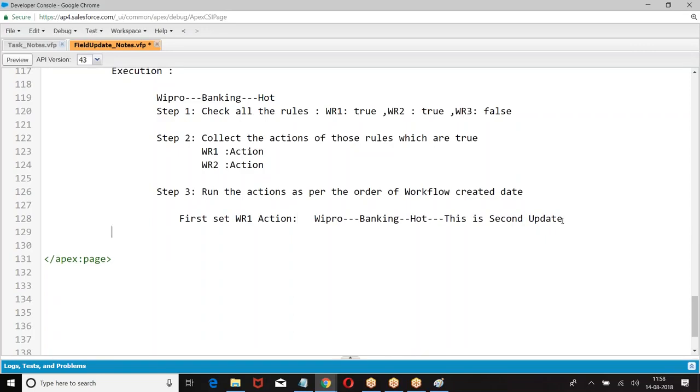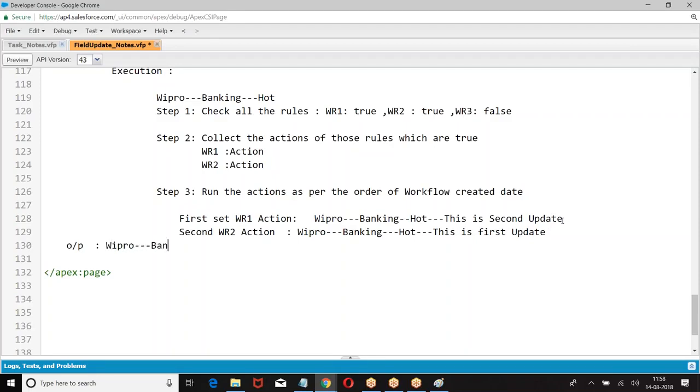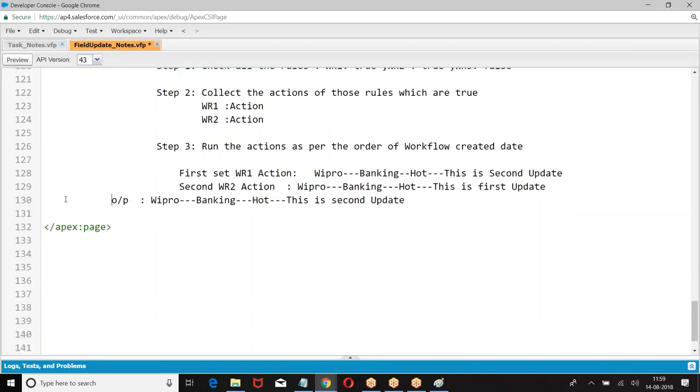After this, then run the second one, the ranking. So what is the output we are going to get? So this is the final output we are going to get.